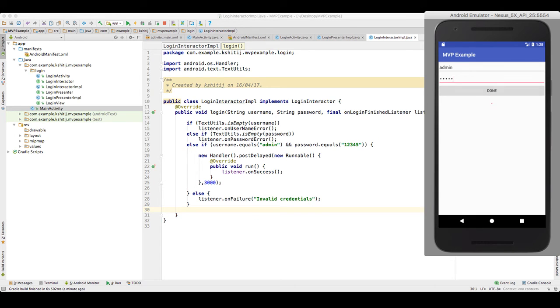And you will see we have the progress bar. It will display for 3 seconds, and then the MVP onSuccess method will get called in the main activity section. If you get back to the activity section, it will hide the progress bar and call the main activity section. I think we have demonstrated the MVP structure in a good way so that you can understand all